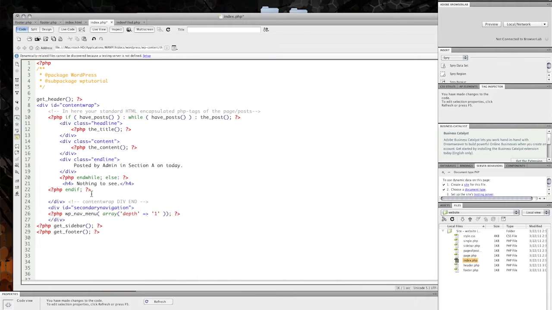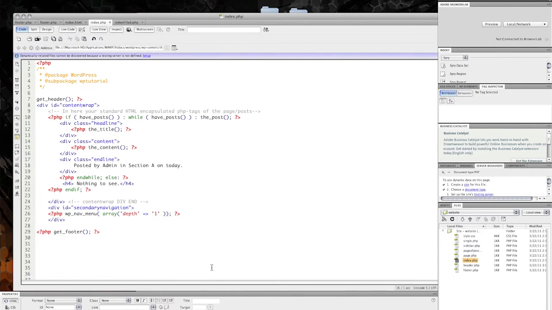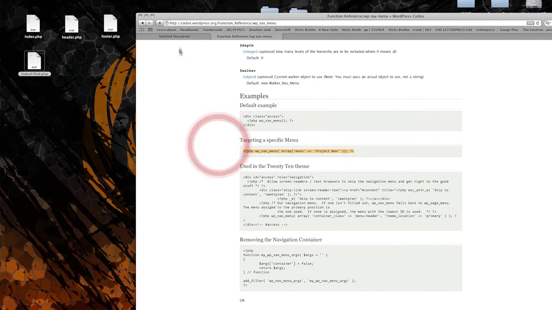And now, as you noticed, we have not created the sidebar file yet, so we're gonna remove the get sidebar function call from this. That's not a problem because we don't really need a sidebar right now, and the sidebar does not interact with anything right now. So we're gonna hit save, and